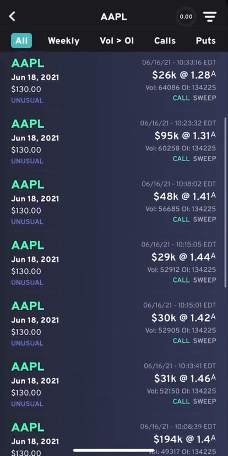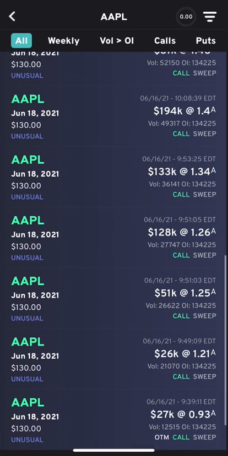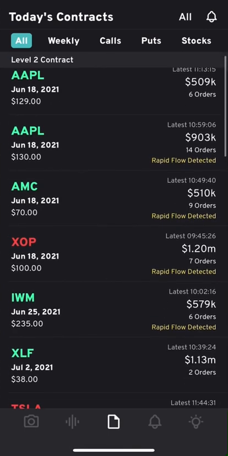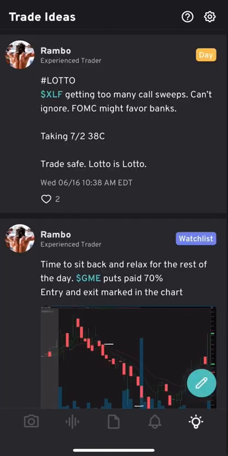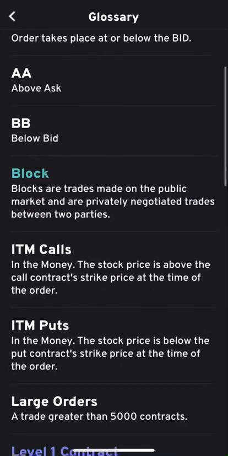If we click on that, we can see any time an order came in for that specific contract today. You can see the time that it was sent. It has a timestamp on it, so you can see how far between were these orders. And if we slide over and we go to the settings up at the top here, and we click on the glossary,